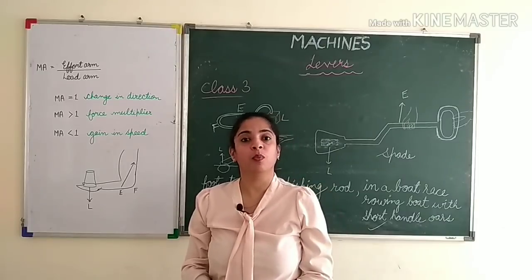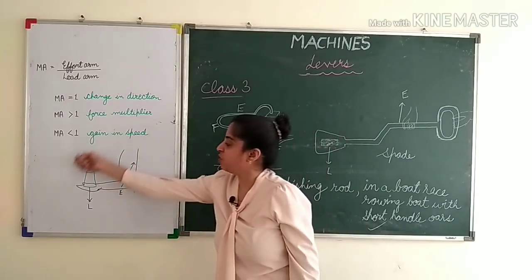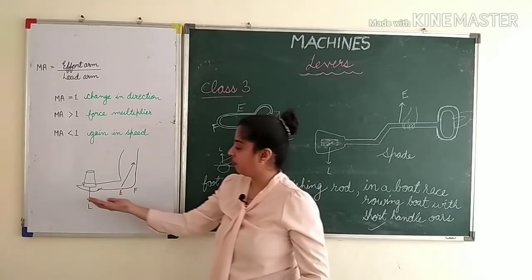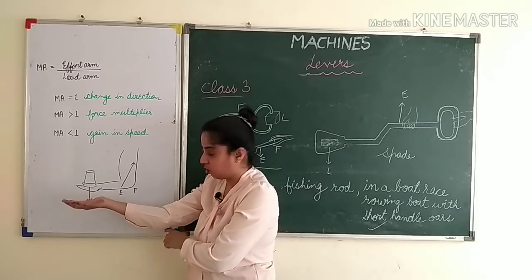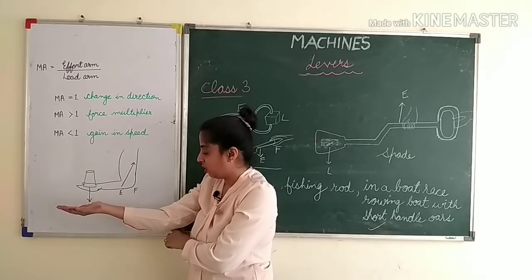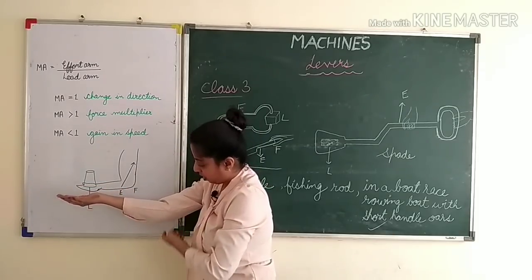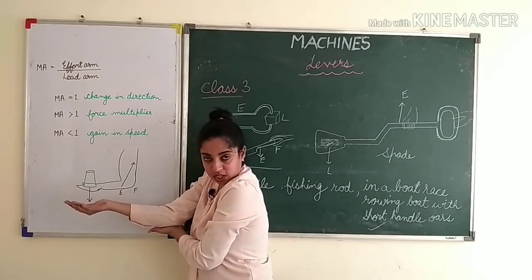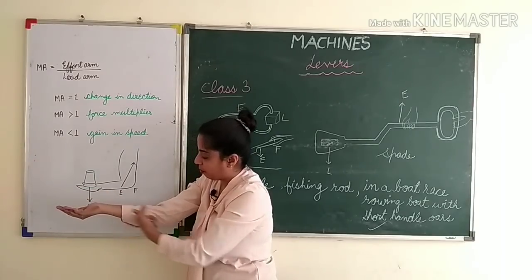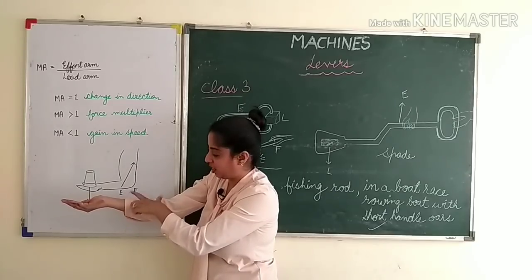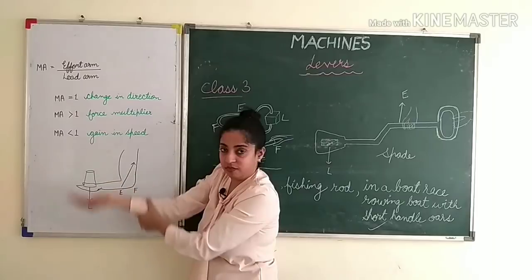Now moving further, where it is used in our body to lift a load. So with the help of a forearm, when you are lifting a load, when you are handling a load like this, the load will act down. Here the load is acting down. This is the fulcrum, because here it is joining, and the muscles, effort will be acted by these muscles. So he will lift the load like this.